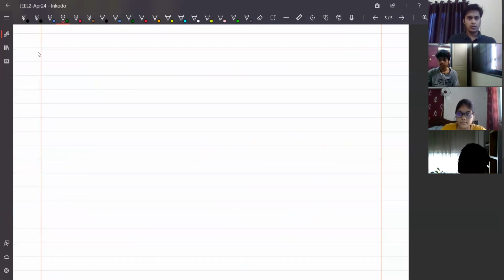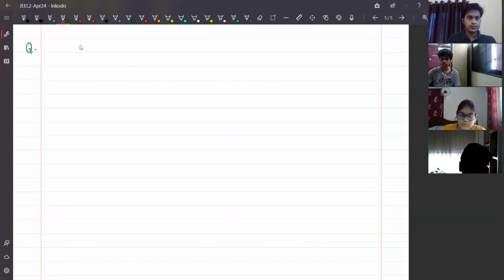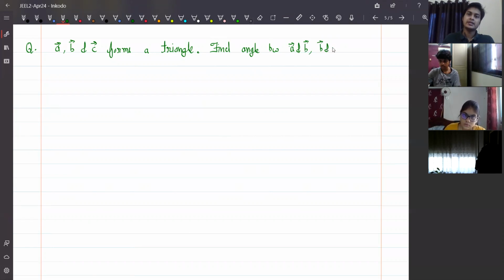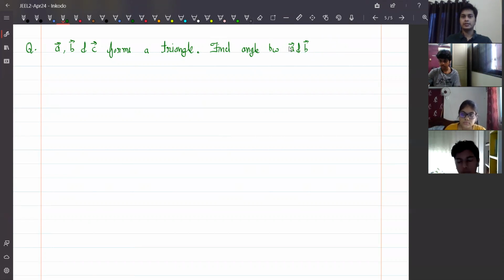Okay, let us do some problems. Suppose vector A, vector B, and C form a triangle. Then find the angle between A vector and B vector, B vector and C vector, I'll write it like this. To find the angle between first is A vector and B vector, second is B vector and C vector, third is C vector and A vector,